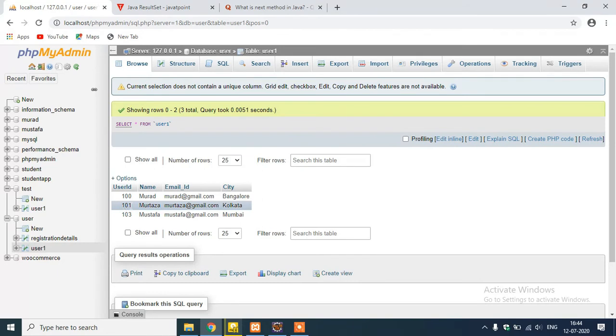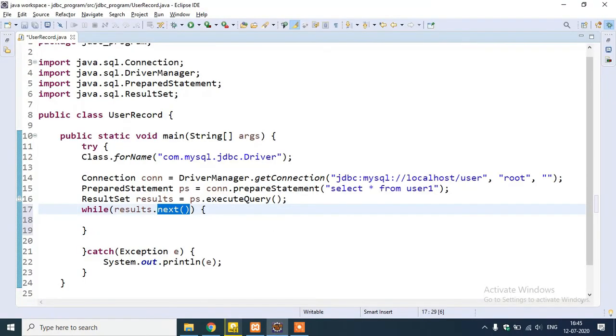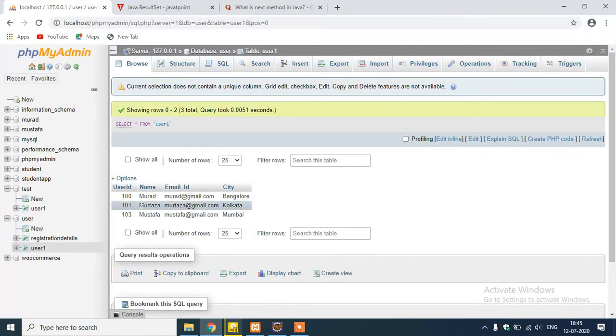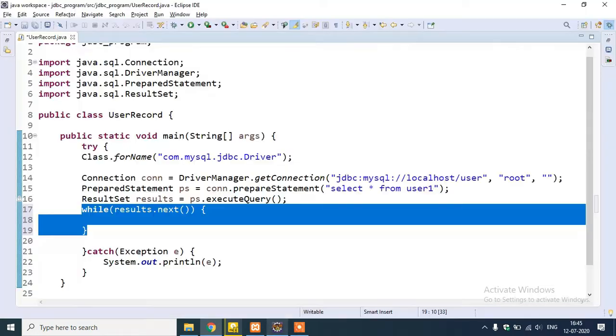If data is present, this data will be fetched. Again the control moves to the next record. If the data is not found, then the while loop terminates. This while loop will iterate only 3 times because we have created only 3 records.